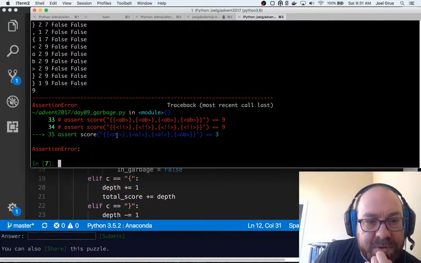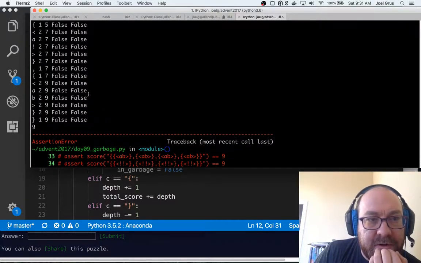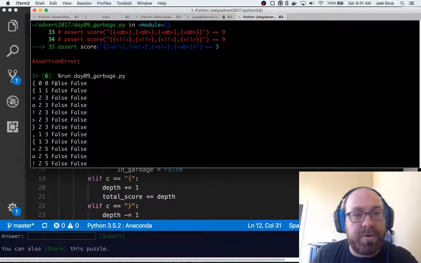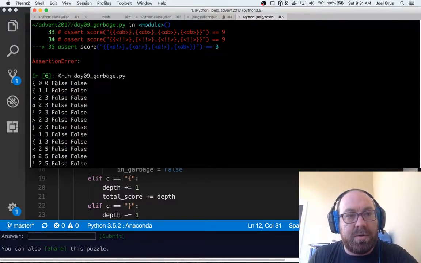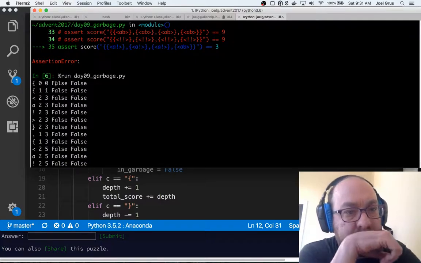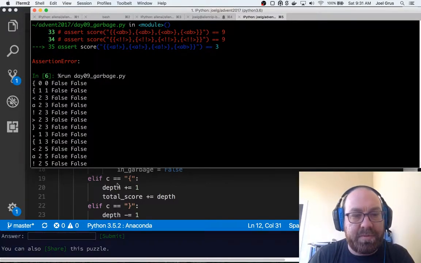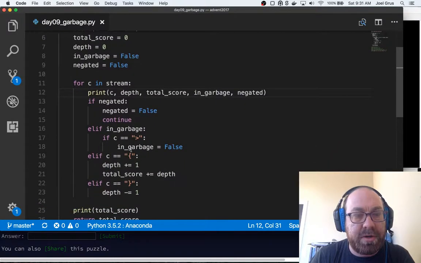What's interesting about this one is, okay, we go depth 1, score 1, depth 2, score 3. Then I get this opening brace, and I should set that to I'm inside garbage, so why don't I?